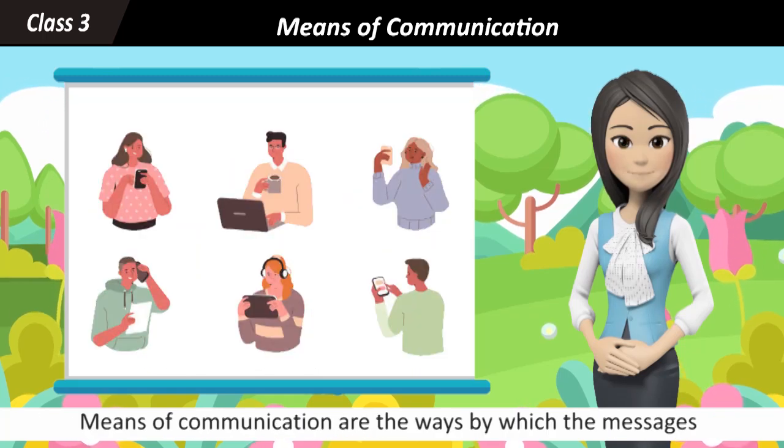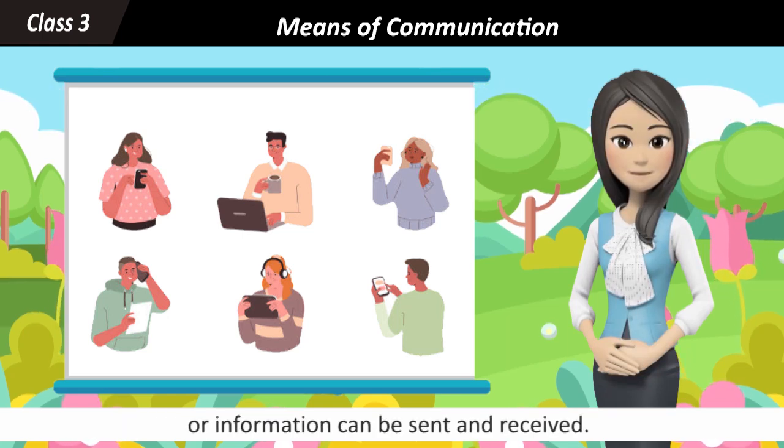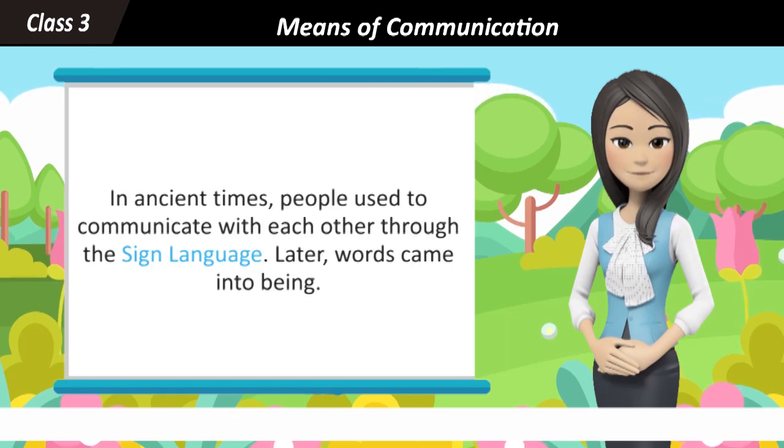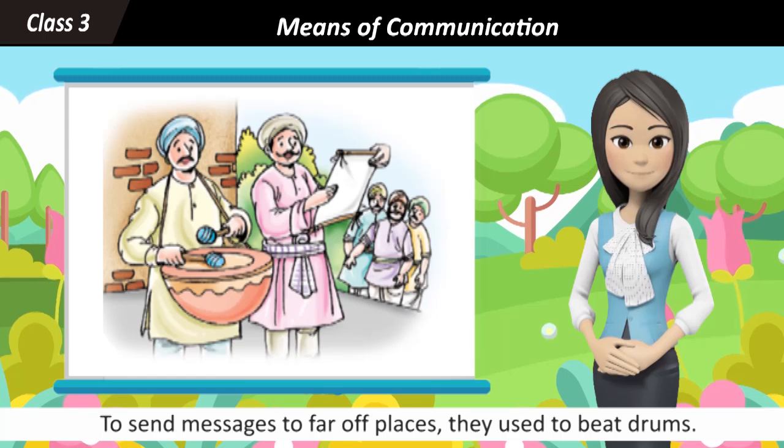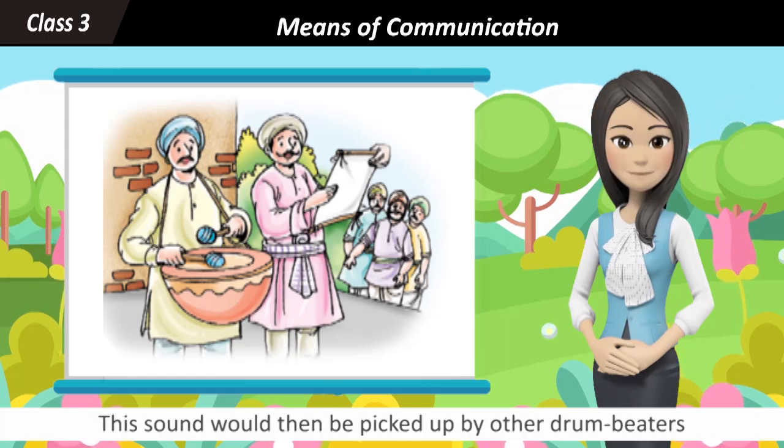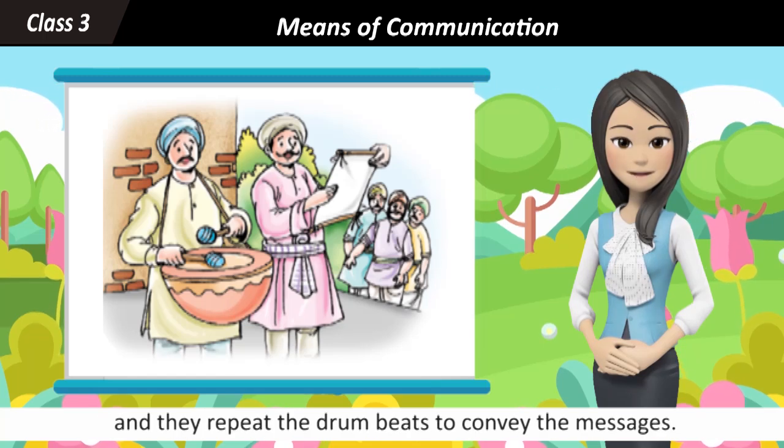Means of communication are the ways by which messages or information can be sent and received. In ancient times, people used to communicate with each other through sign language. Later, words came into being. To send messages to far off places, they used to beat drums. This sound would then be picked up by other drum beaters and they would repeat the drum beats to convey the